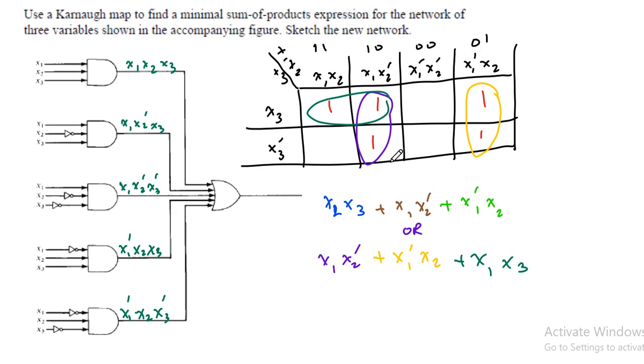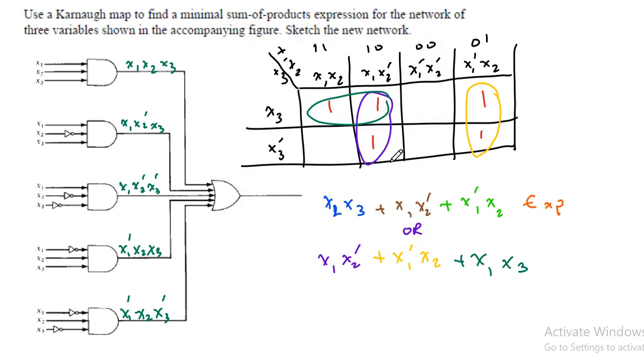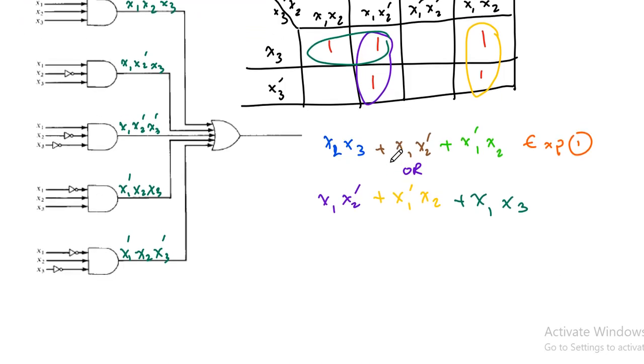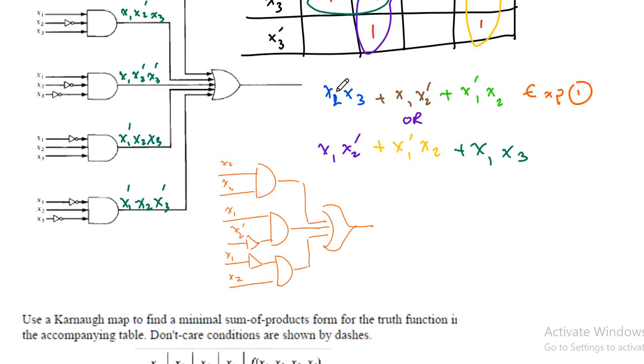And again, it says draw the network for both examples. So let's see here. Let's call this one the minimum sum of product example 1. And I'm going to draw the diagram here. So again, we need x1, x2, x3. So here is the network for this first example. And the next example, I will